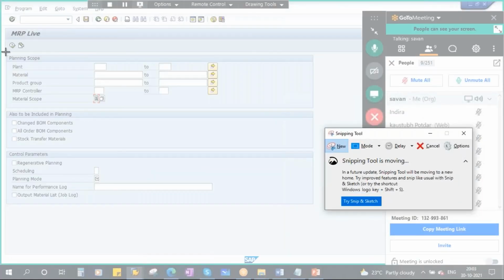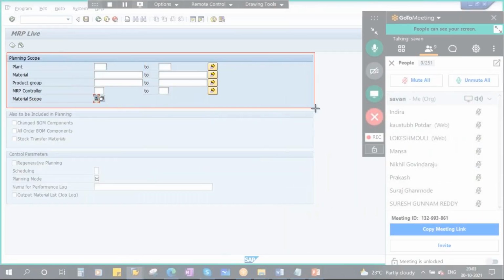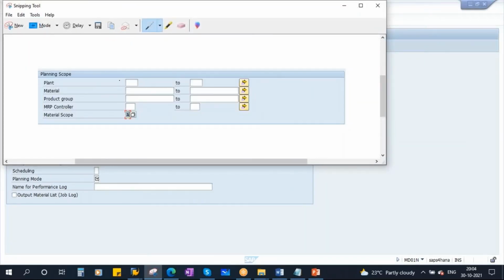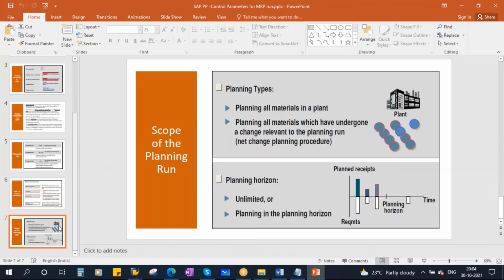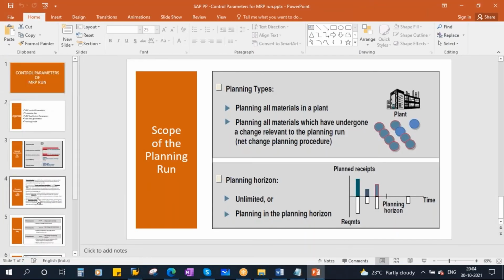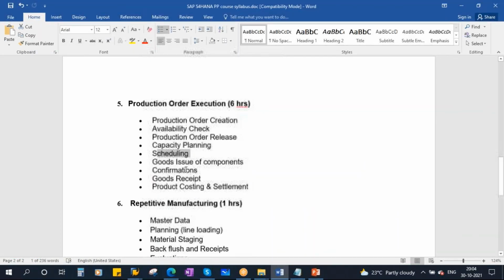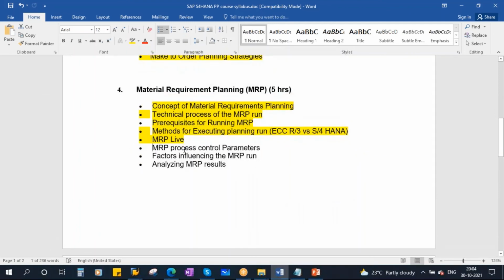You can select whatever you want: plants, materials, product groups, MRP controllers. So with this, we are done with the control parameters of MRP.